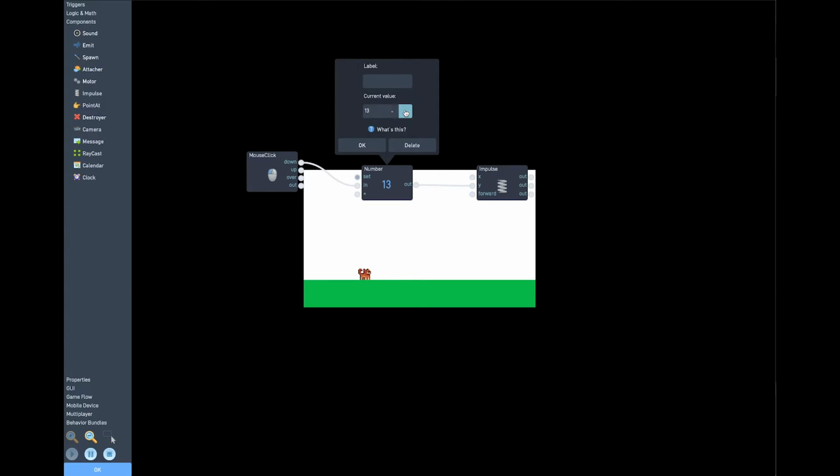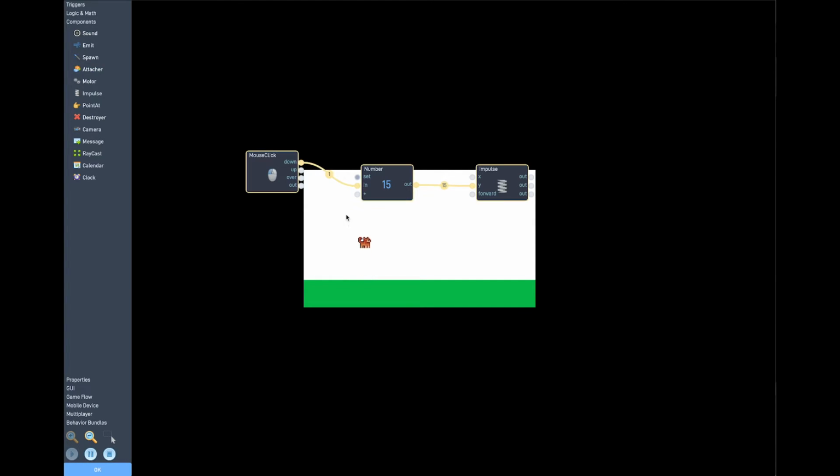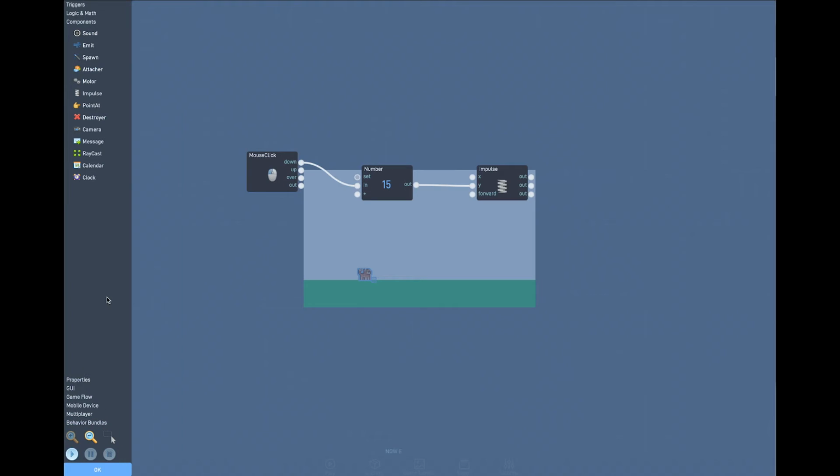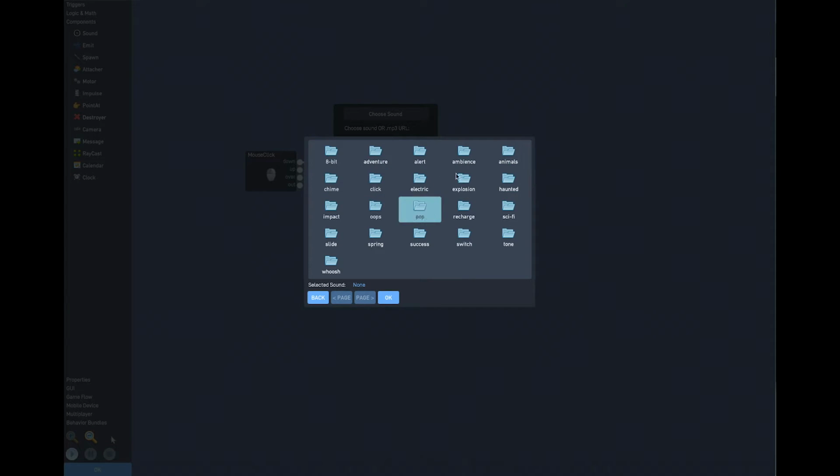Still not quite high enough, I think. So we'll go up to 15. Yeah, I think that's good. Also, hit stop. When you tap, I think we need a sound. So click on the sound component, click within the sound component, choose sound, and again, we're going to use a Flowlab built-in sound. So I like the 8-bit